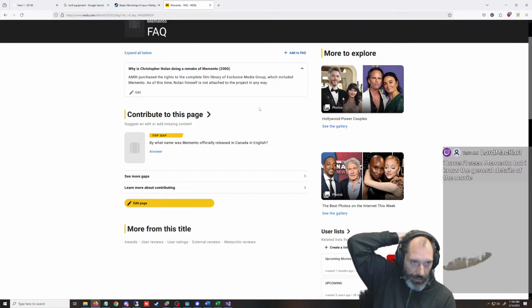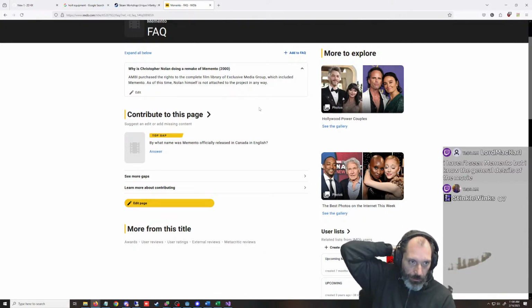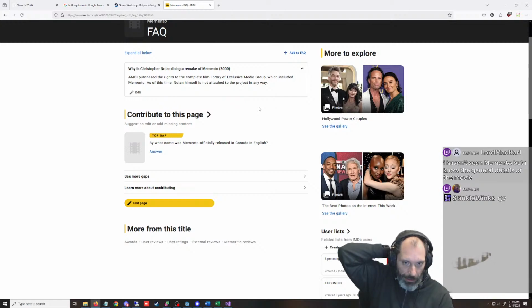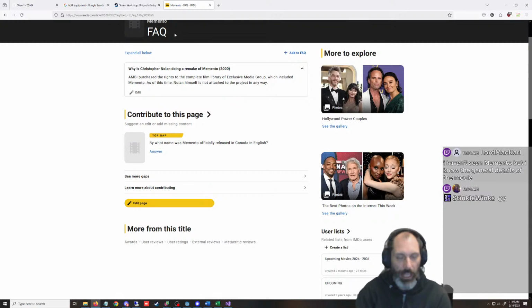AMBI purchased the rights to the complete film library of Exclusive Media Group, which includes Memento. As of this time, Nolan himself is not attached to the project in any way. Doesn't sound like somebody's remaking Memento. What a strange maneuver. Have they forgotten about it?